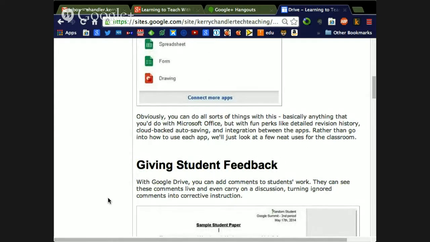There's a few little things that I find that Google Drive isn't great at. One of the big things that I've found that I just